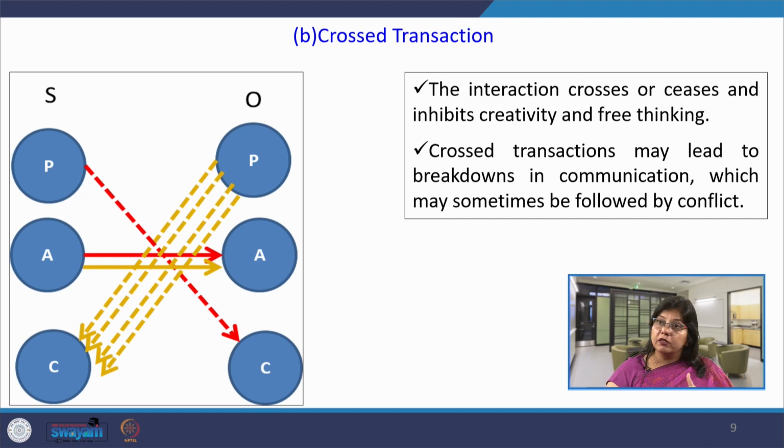Ultimately, the transaction, the game that has taken place between two people based on the communication, becomes a game, because it is based on the exchange of words, communication and behavior, and it can lead to conflict or quarrel. So, two people are there in the communication, one is working with adult ego state and the other is working with the child ego state, and this leads to conflict or quarrel. Now, in order to avoid this cross transaction, the other person can make efforts to bring the person who is working with child ego state to an advanced level of adult ego state.